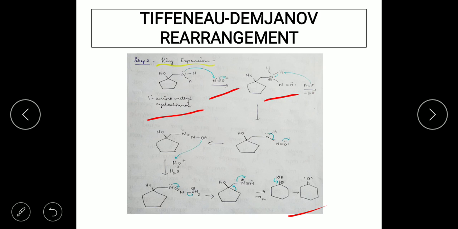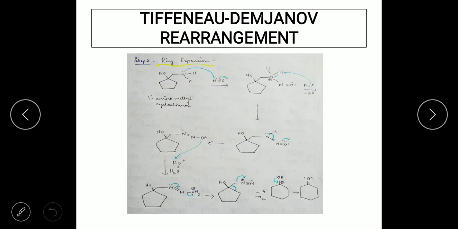So now you can see the nitrogen which was linked to the cyclic group is going to have a positive charge, because it is bonded with 4 different atoms. One is the methylene group CH2, and 2 hydrogens, and one is the nitrosonium group. Okay, now the next step: the base would take up the proton which is attached to the primary amine, and there is going to be movement of the electron pair towards nitrogen to release the positive charge. So the positive charge is released. That is how it is formed here.